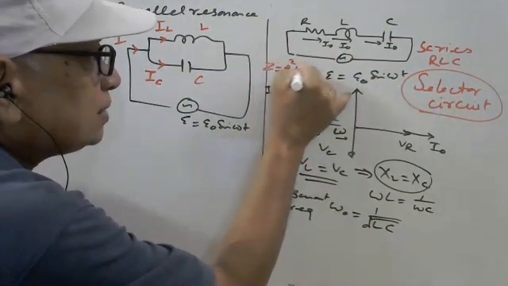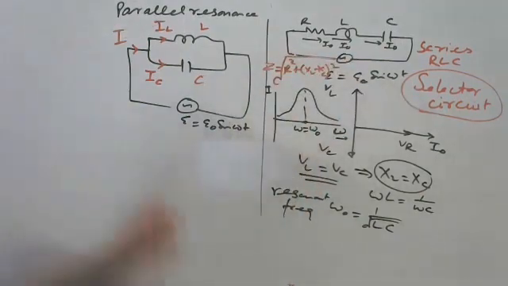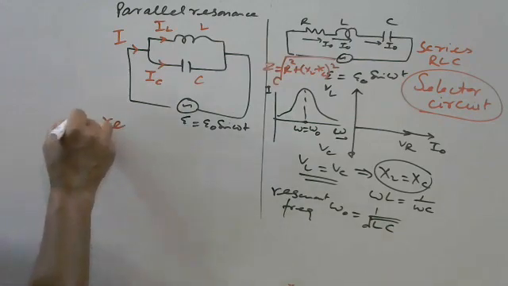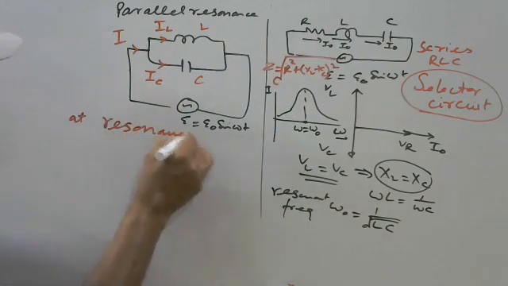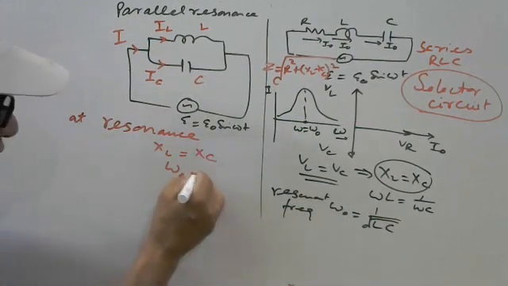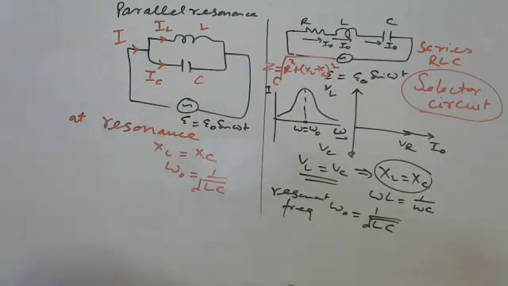R square plus (XL minus XC) whole square under root. But it is reciprocal. In parallel circuit, it is reciprocal. It is admittance, reciprocal of resistance, admittance, and reactance also. So here we are getting the resonance, but at resonance, again XL equals XC, it will give you the same frequency, but at this frequency, what will happen?